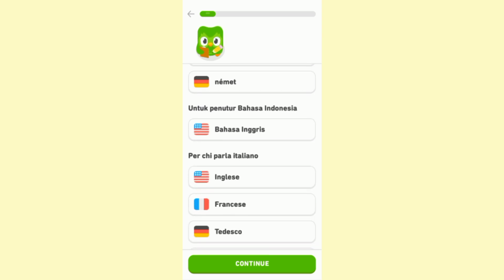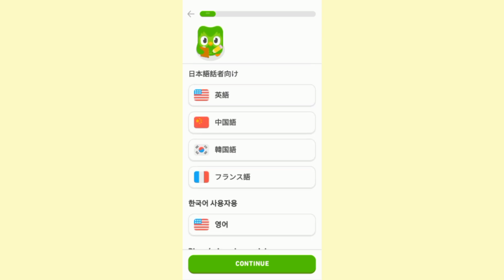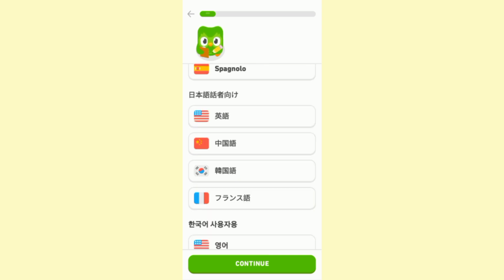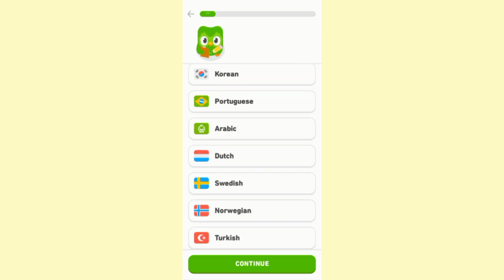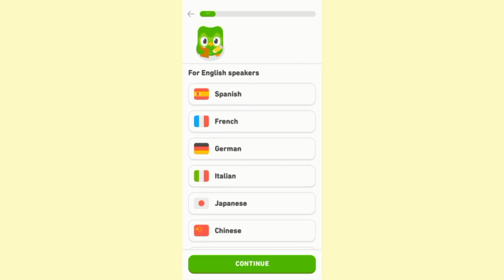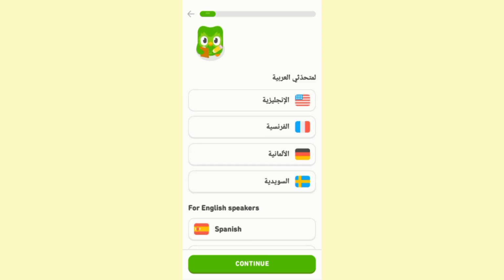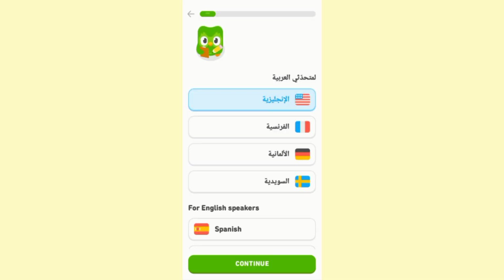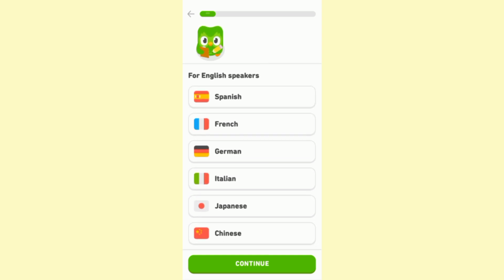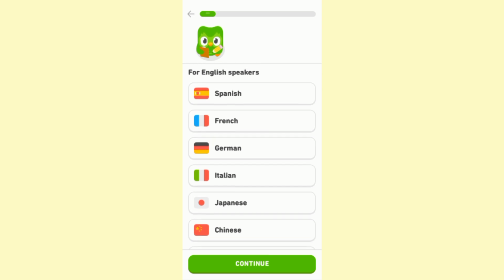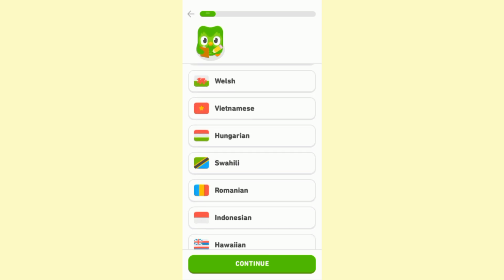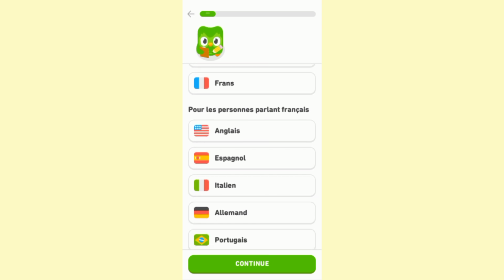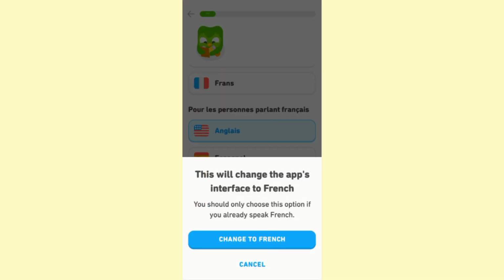There's no solution, as the Duolingo app does not give you a feature or an option to choose English if you are an English speaker. The only thing that you can do if you want to learn English is to choose it from another app interface, as you can see from other sections, which will again change the app interface. It might not be convenient, but there's a solution that you can use: say, for example, you choose it from here. The app will be in French, but you can use a